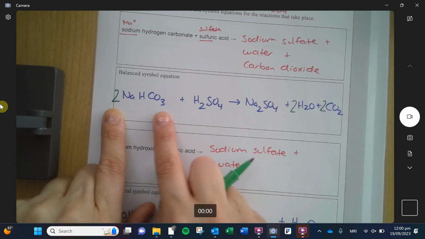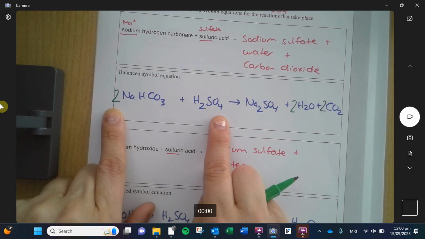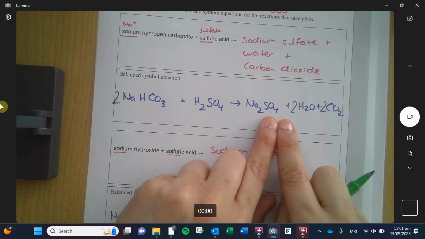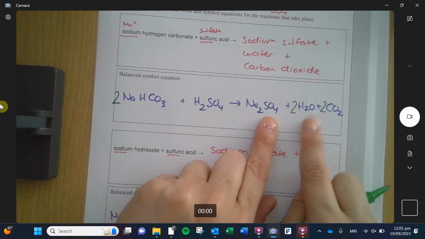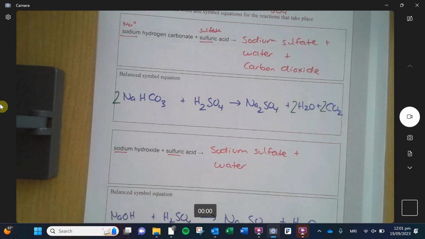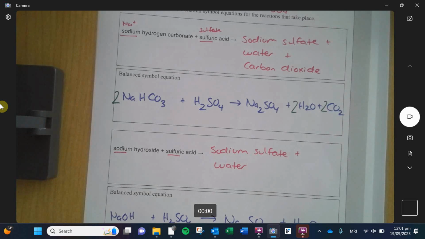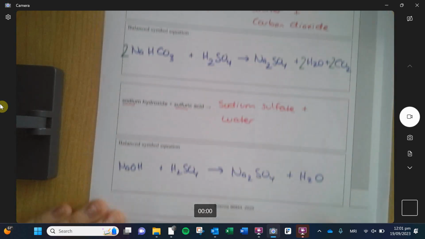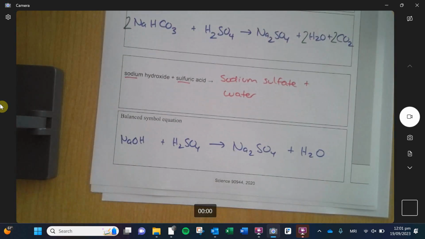2 times 3 is 6, plus another 4, 10. Yep. All right, 4 on this side. 6, 7, 4, 5, 6, and then 7, 8, 9, 10. 10 on both sides. All right, it's balanced. We're done. Okay. This one's going to be easier to balance because it doesn't have the carbon dioxide to worry